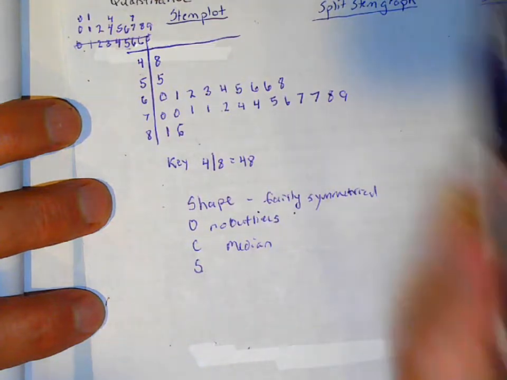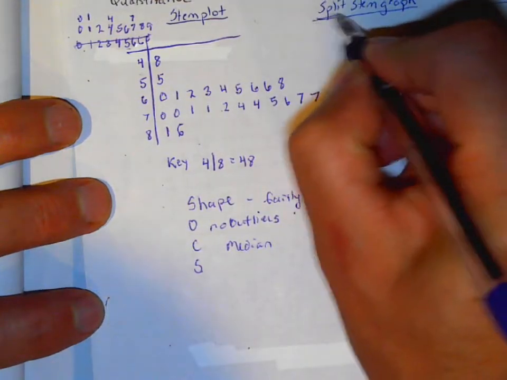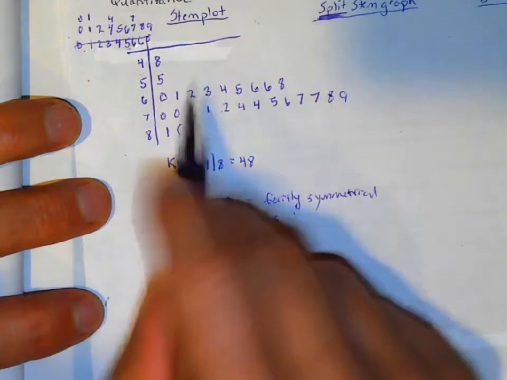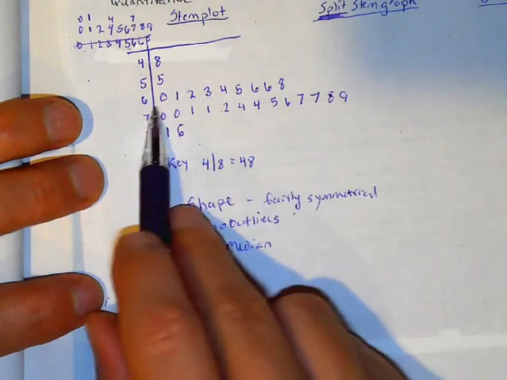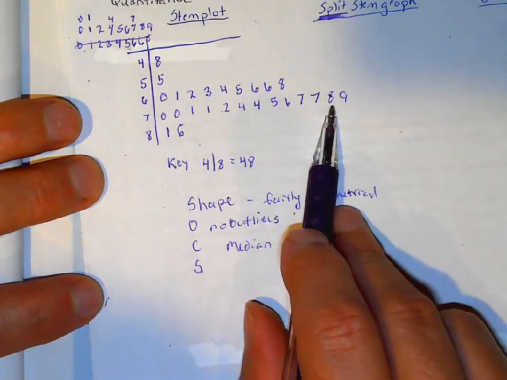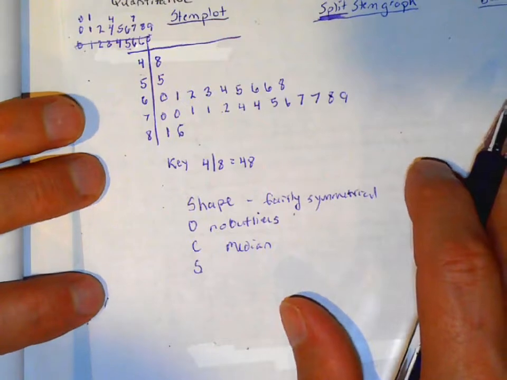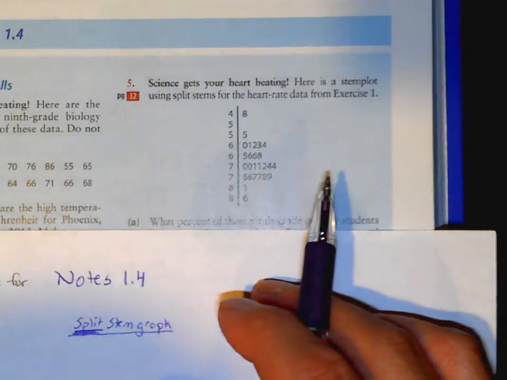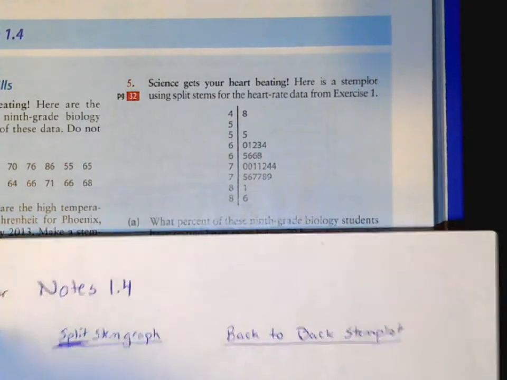Okay. Now, the next thing we're going to talk about is a split stem graph or stem plot. So it's really the same idea as this, but you notice how we have all these 60s and all these 70s. So it might be better to kind of split that. So you notice right here, this is the same data that we were just looking at, the heartbeats, but they have